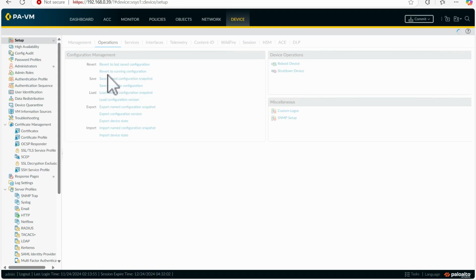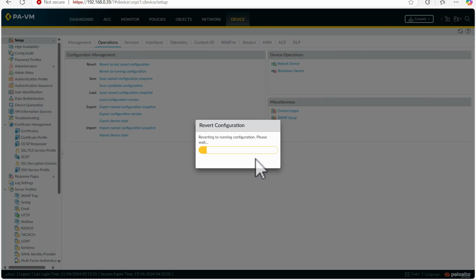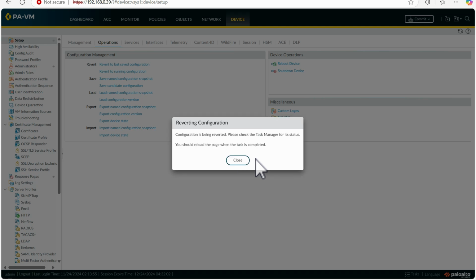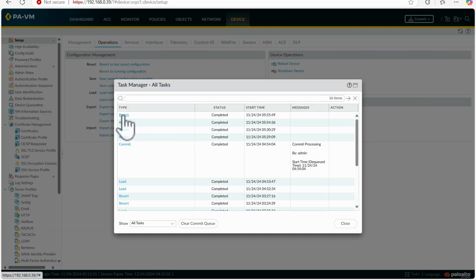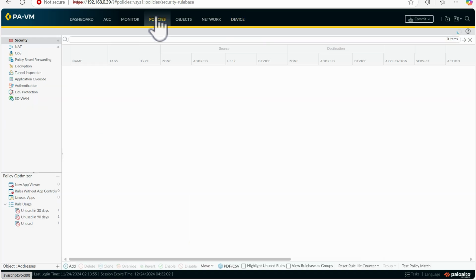And the second action is the revert to the running config. So what I have to do, if I click on the running config, in this case they will go to the initial condition. Even my policy will also move. Let me show you that also in the action section. So now again that revert is moved, and now my security policy will also move,